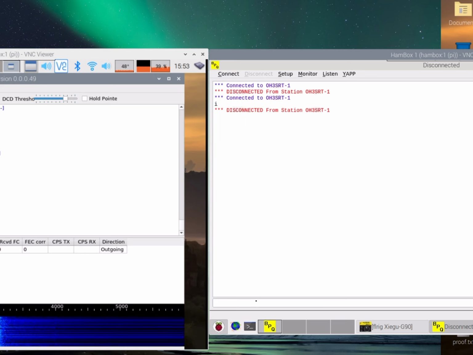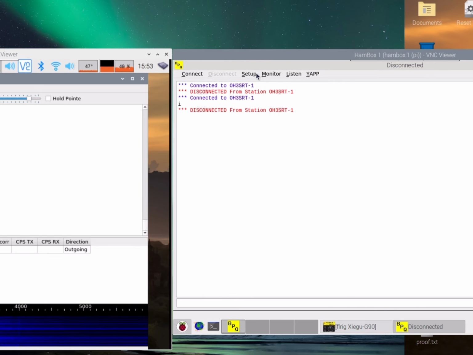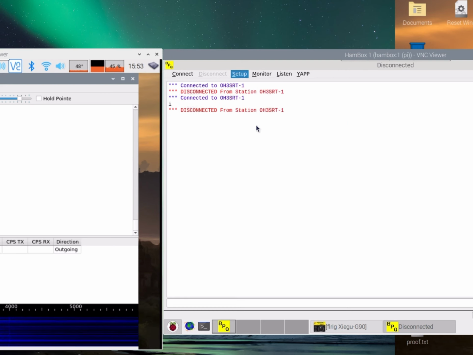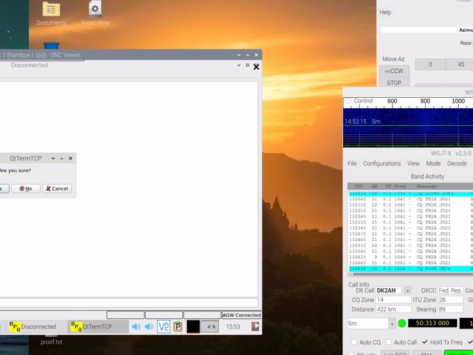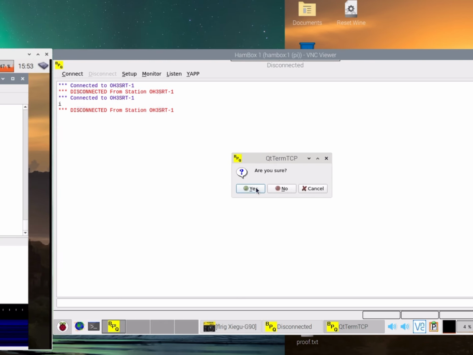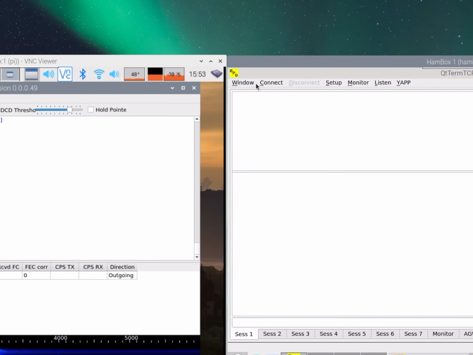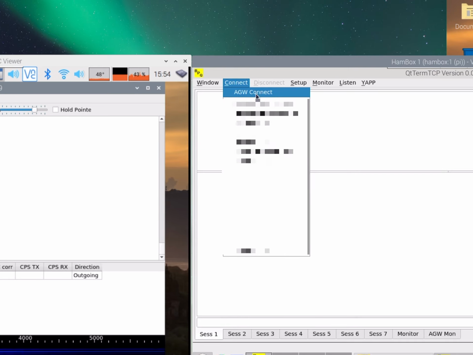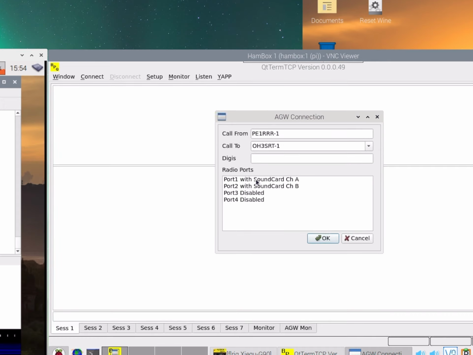There are more advanced features, so I'm going to do them now, and that is to switch the terminal into multiple tabbed systems. So setup menu, click tabbed, it will prompt you to say that you need to restart the application. We do that, you say yes. When you've got this set up, you can connect with the AGW on one of the channels. We'll do that one again,